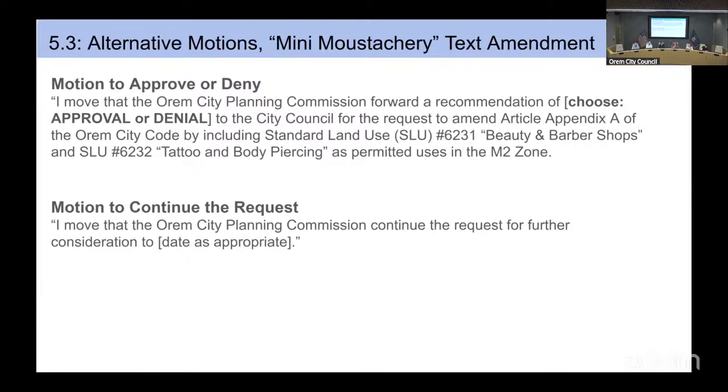I'll begin with Jeff for voting. Aye. Britton? Aye. Aye. Aye. Aye. Aye. We will forward a